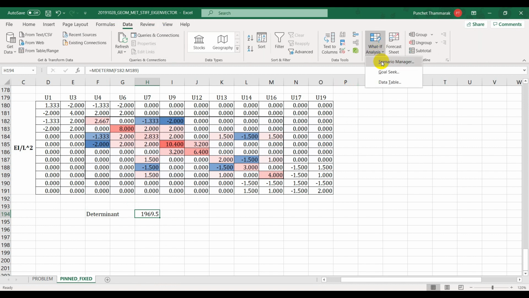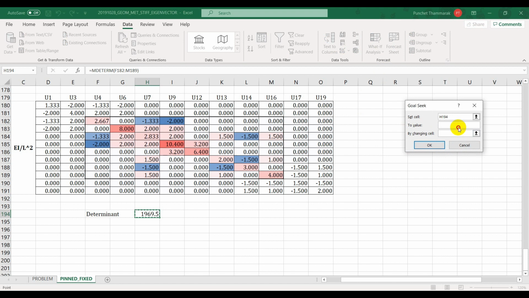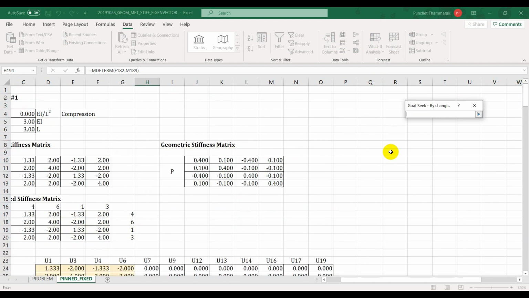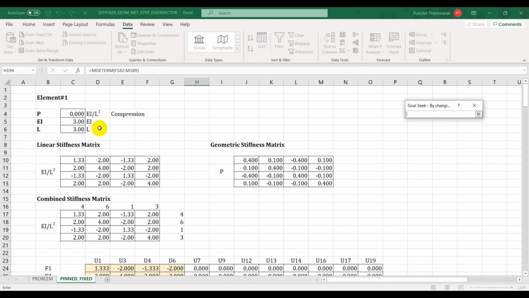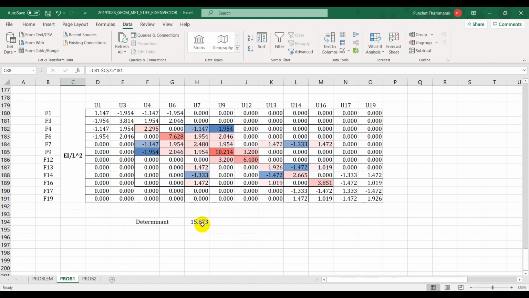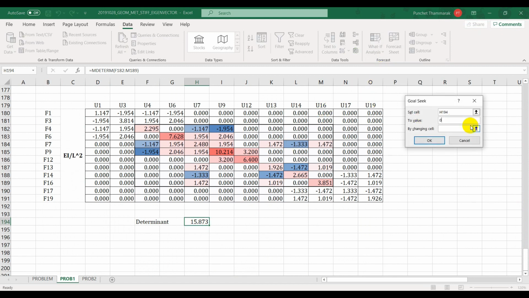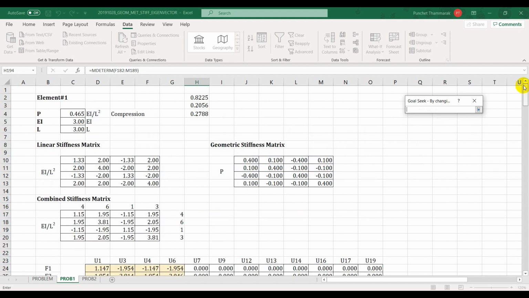So with Data, What-If, Goal Seek, we say determinant has to be 0. How do we get it? We will change the cell, and it is this only cell. So as this cell changes, then it ties up with the rest of the axial force on other elements. Let's check. Goal Seek, get the 0, and then by changing which cell,